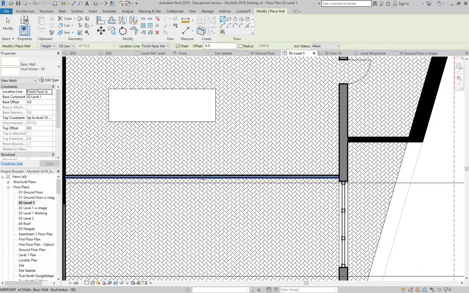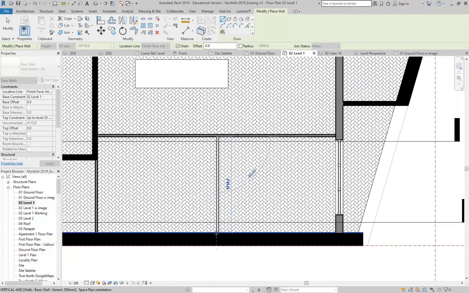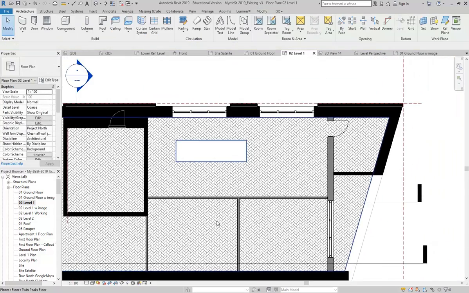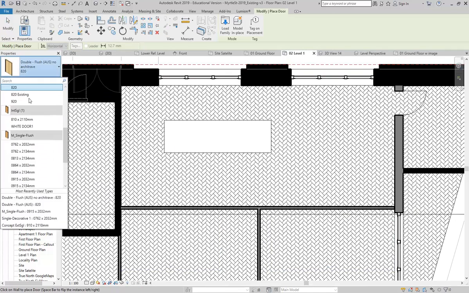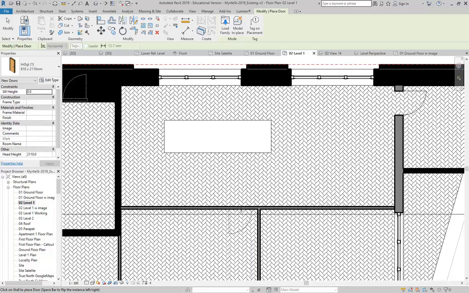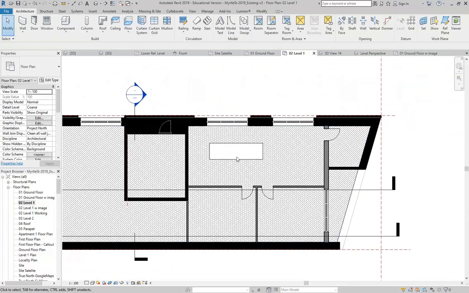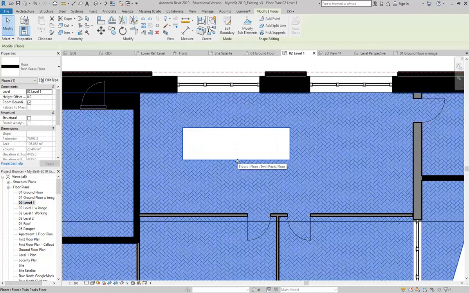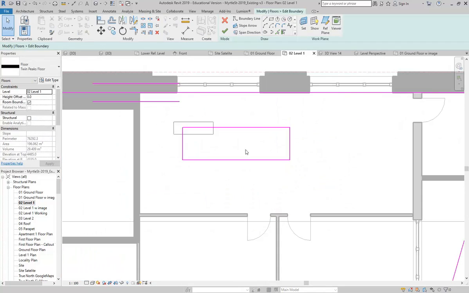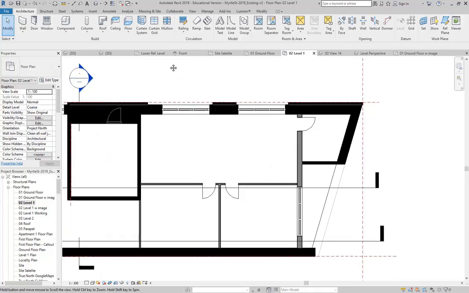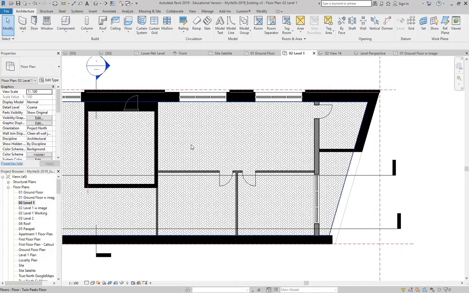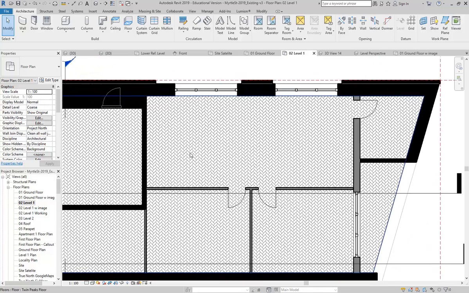And another wall there that divides them up. So nothing too tricky, but I've got a basic plan there, and I'll put some doors in. Let's get a better door than that. Okay, super simple, but then I've got a hole in my floor which I don't want anymore, so I'll just get rid of that too. Okay, so I've got the most basic plan in the world, but that is enough for a simple apartment, and